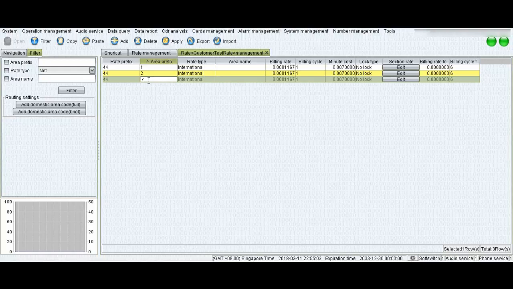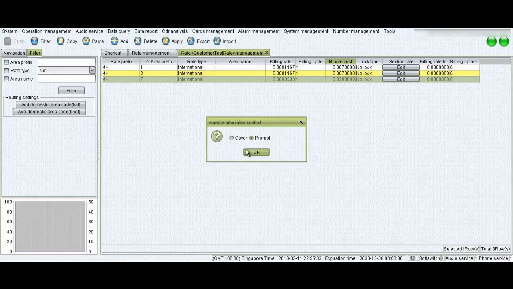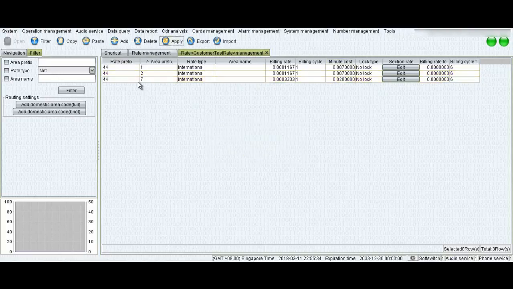Obviously there are many other network area prefixes which we can enter, but for this example I'm just going to enter 447. Before I click apply, I need to change the rate to maybe 0.2 cent per minute, and I'll hit the apply button. Okay, now the rates have been successfully added.